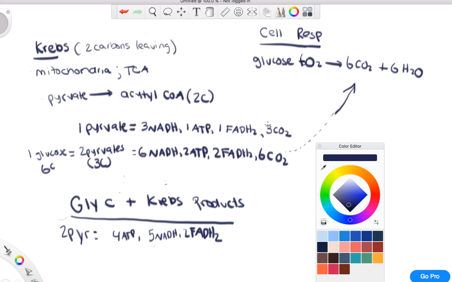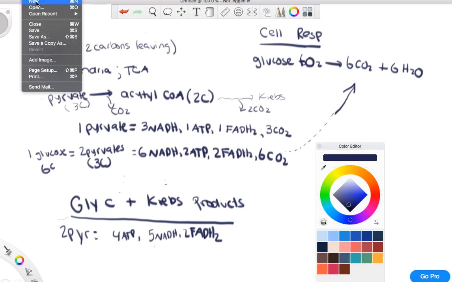And this third CO2, this is actually taken out when pyruvate is converted to acetyl-CoA. Because watch, pyruvate is 3 carbons, acetyl-CoA is 2 carbons. You had to lose a CO2, you had to lose a carbon somewhere, so this C actually leaves in the form of CO2, and once the rest of the Krebs cycle occurs, you will leave with 2 CO2. Okay, so let me move on to